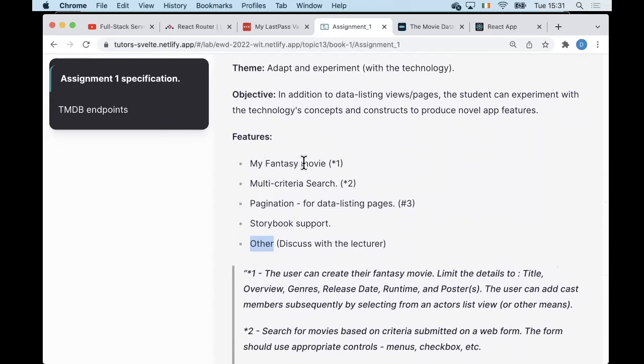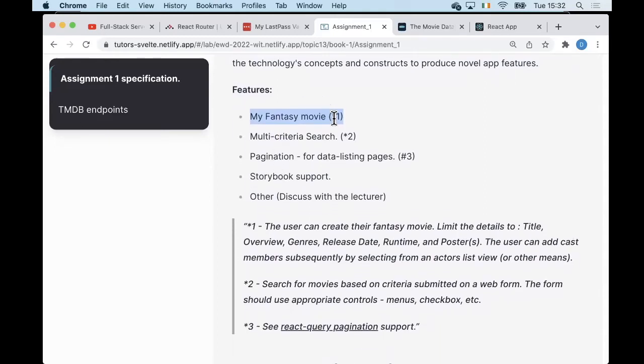But specifically, I'm saying it would be nice if we had the ability to add my fantasy movie to the movie database. Now, you won't be able to add anything to the TMDB database, obviously. So the details of your fantasy movie will be stored locally within the browser. And ultimately, when you develop a web API with Frank, you'll be storing it in a database. So what am I getting at there? We need a web form, obviously. Expanding on it down here, I'm referring to asterisk 1, and asterisk 1 here talks about,